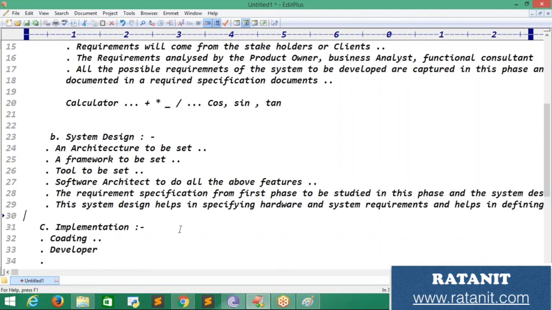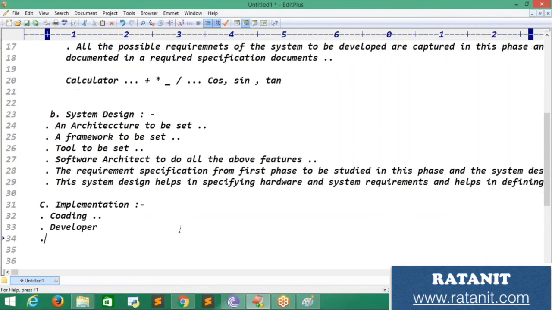Now, you can write a statement like this: with the inputs from system design, the system is first developed